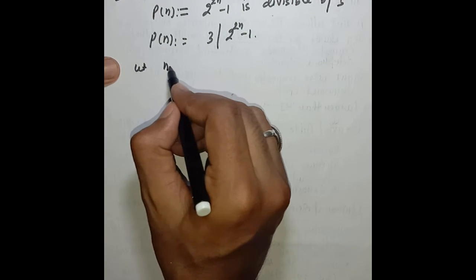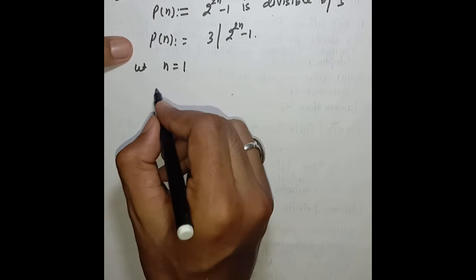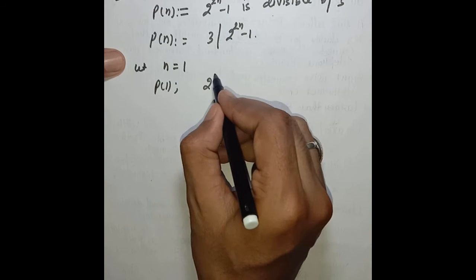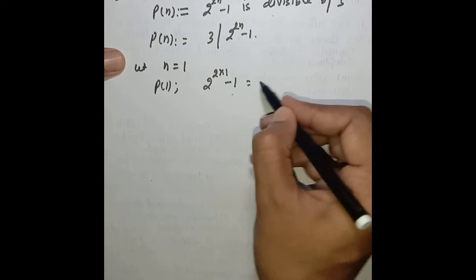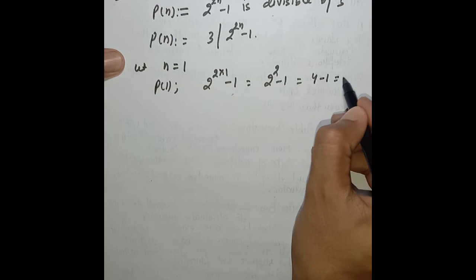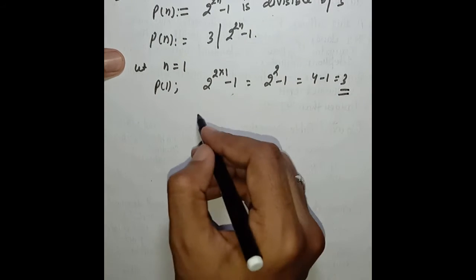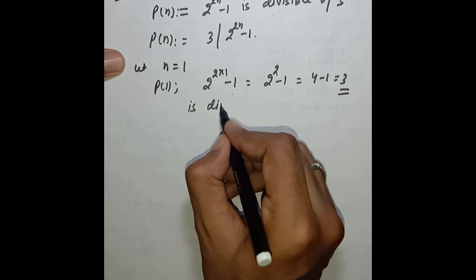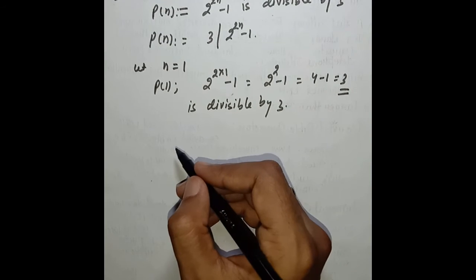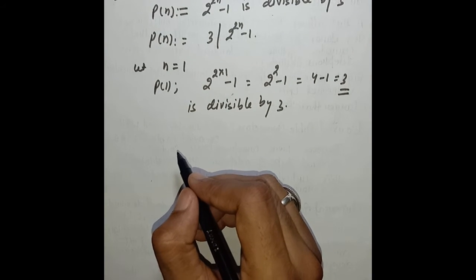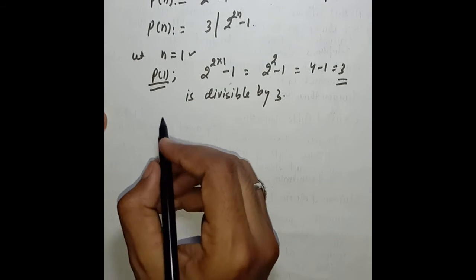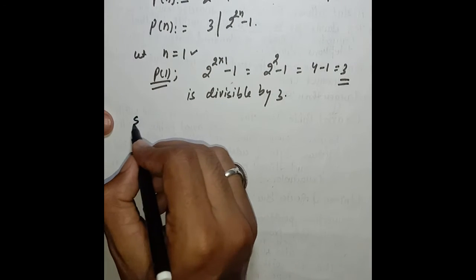Let n is equal to 1. P1 is 2 to the power 2 into 1 minus 1. This is equal to 2 to the power 2 minus 1, 4 minus 1. This is equal to 3, and this is divisible by 3. So according to the principle of mathematical induction, we have proved the statement is true for n is equal to 1. Now the induction hypothesis: suppose